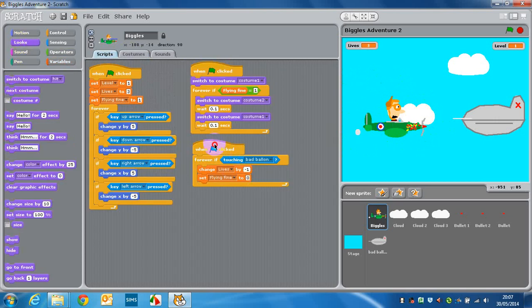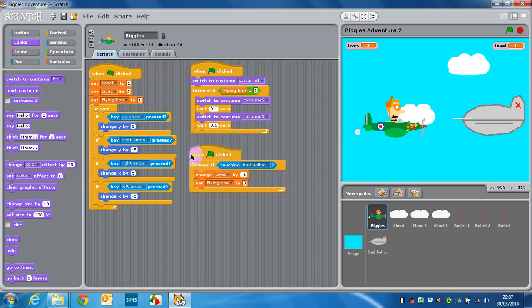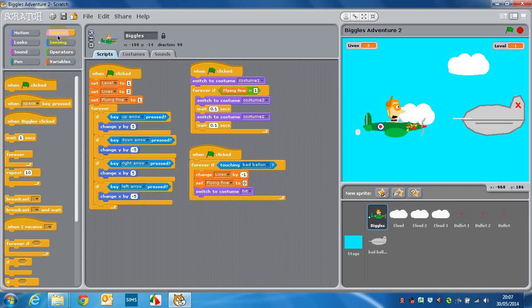So on your bit of script, you want to say if touching the balloon, set flying fine to 0, and then we're going to switch to costume hit. And we'll probably wait for a moment so we can actually see that. In fact, after the flying fine, it might still be doing the flying fine changing. You may or may not have this flying fine, so it might not be important, but we'll wait 0.4 of a second after that to make sure that's finished after setting to 0,